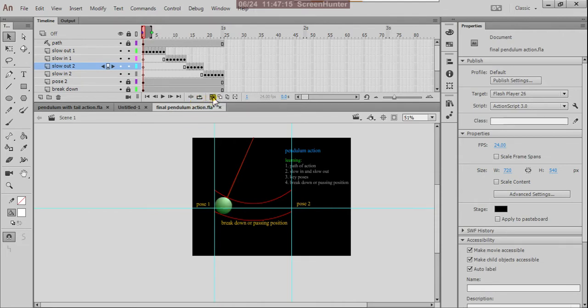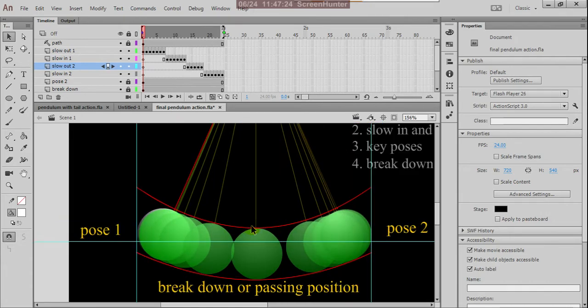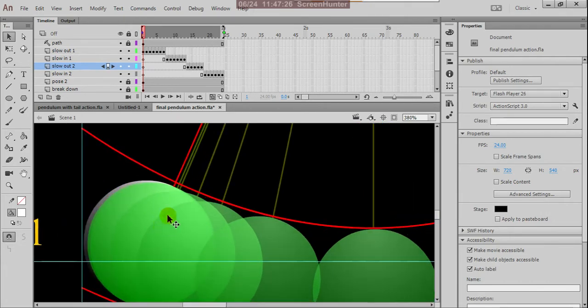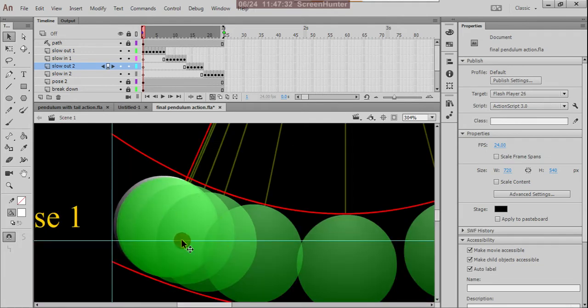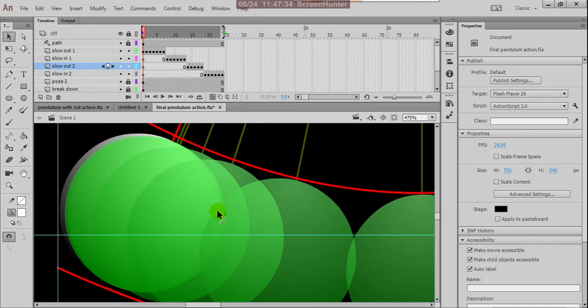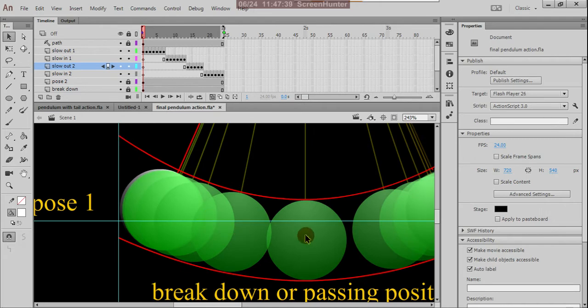by pressing onion skin, check the pendulum actions now. See there, here the positions are very close. Okay, so the gaps are very close, and slowly the gaps are increasing.